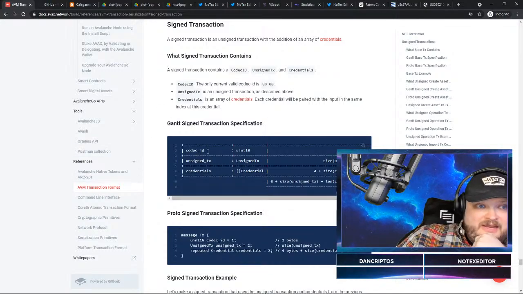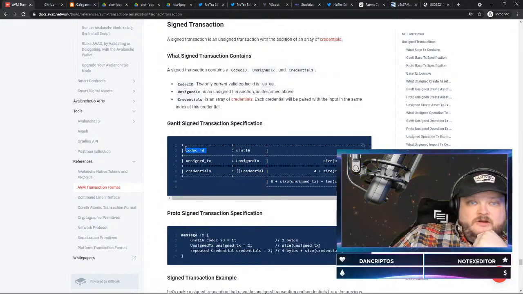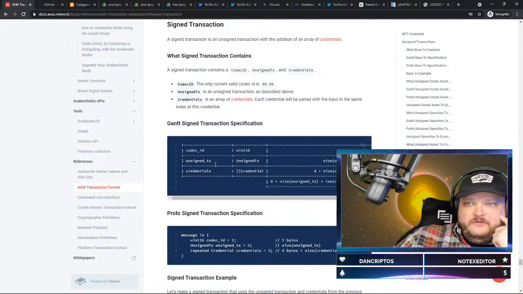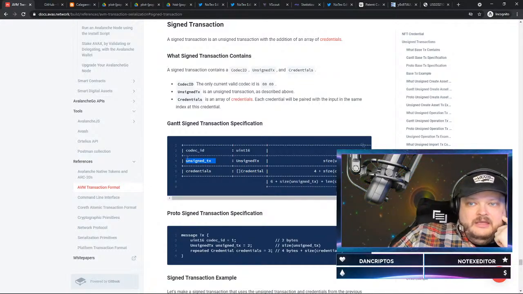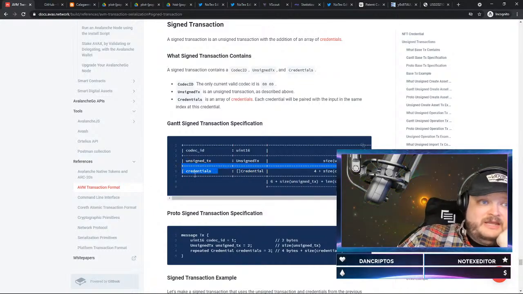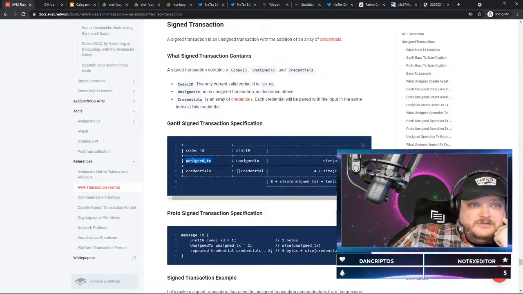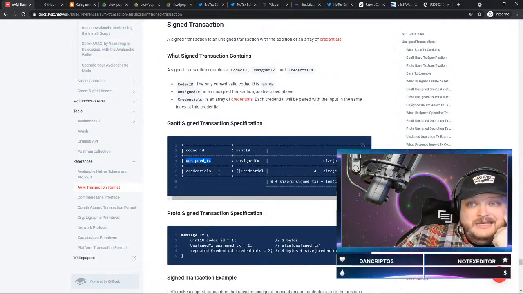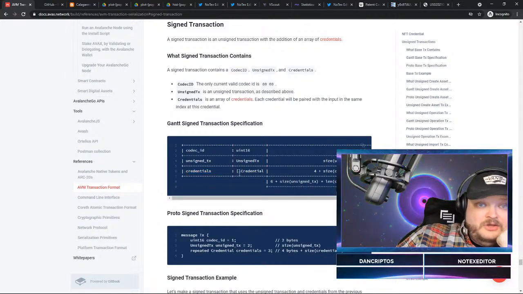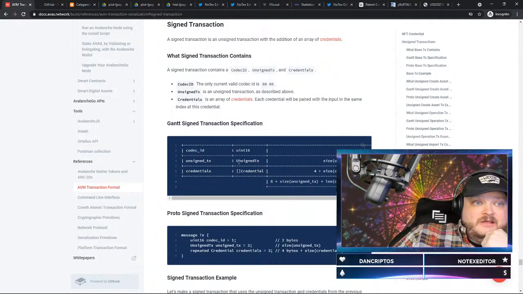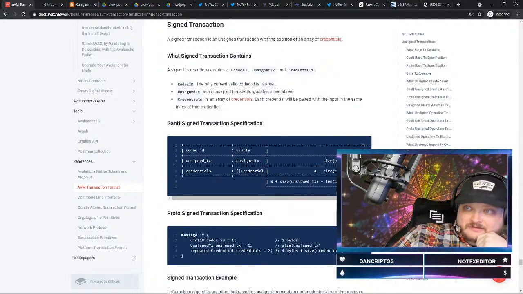Okay? And as an example of how this telescoping effect works, it starts with the codec ID, always. The codec is almost a kind of version ID of what the transaction formats are, and that's for backwards compatibility. And then you have the unsigned transaction and the credentials at the very end of that. So the credentials actually sign the unsigned transaction. You take the whole unsigned transaction, you hash that, you sign that, and that's your credential array of the people who are valid to actually sign it. And the interesting part is that that's kind of referenced inside the unsigned transaction itself.